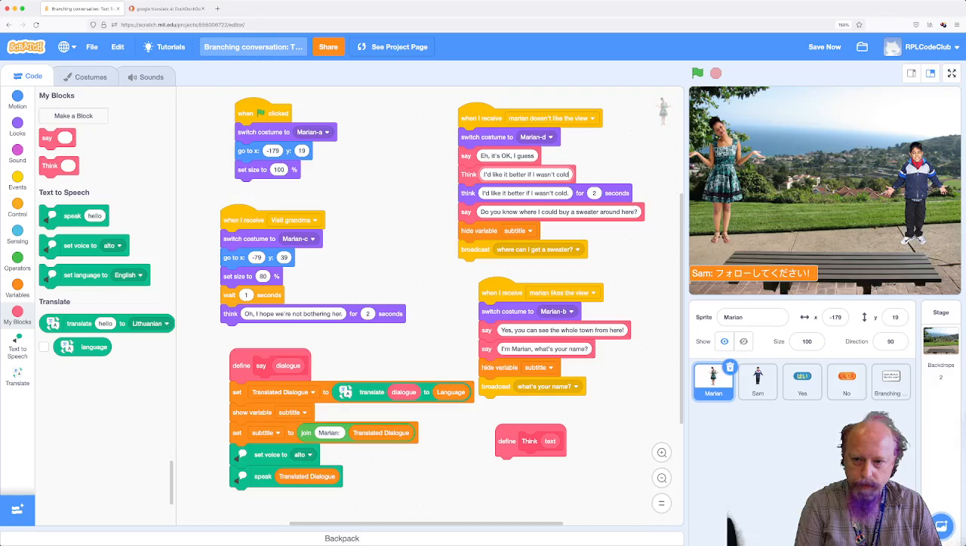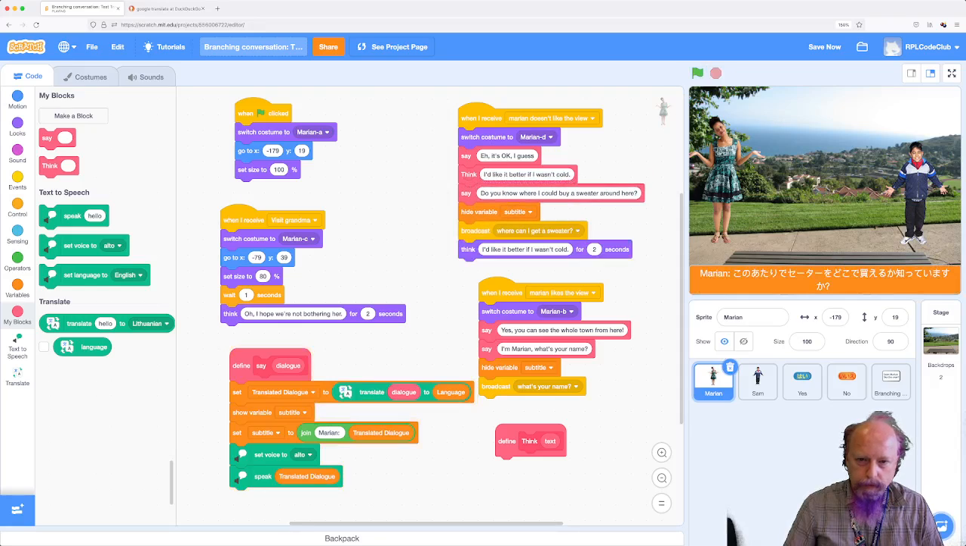Cold. ええ、大丈夫だと思います。この辺りでセーターをどこで買えるか知っていますか？